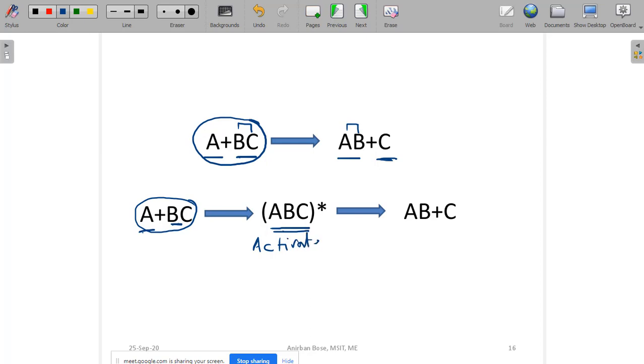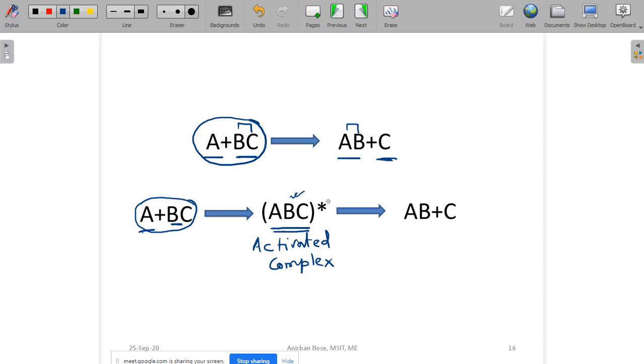This kind of complex is produced only if a sufficient amount of energy is present, and definitely all these atoms or molecules do not have this much energy so that they can form the activated complex. Only a very small fraction of this whole ensemble has this kind of energy level, and that is why they can form the activated complex. But when they form the activated complex, definitely they have very high energy.